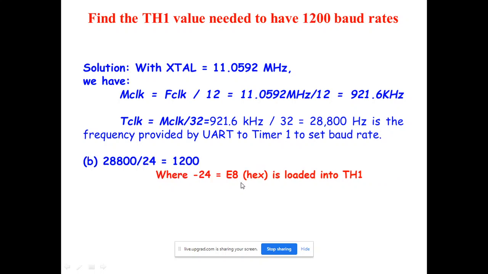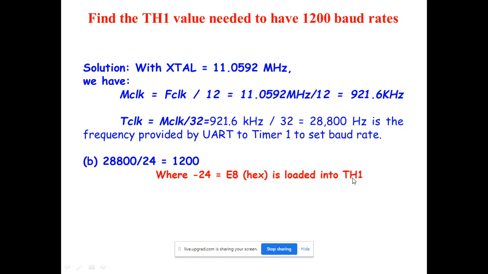Similarly, suppose I am interested in baud rate 1200. We know the basic frequency 28.8 kilohertz divided by 24 gives 1200, so you divide by 24, that is -24, and converted into hex it is E8. You place this E8 into the higher byte of the timer, that is TH1.